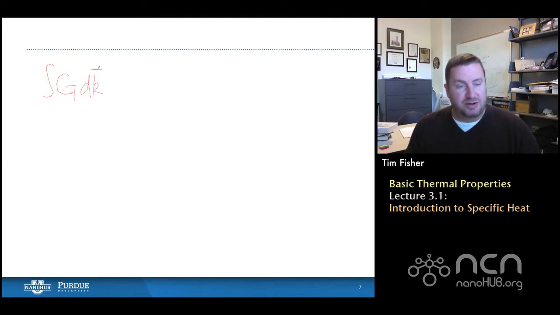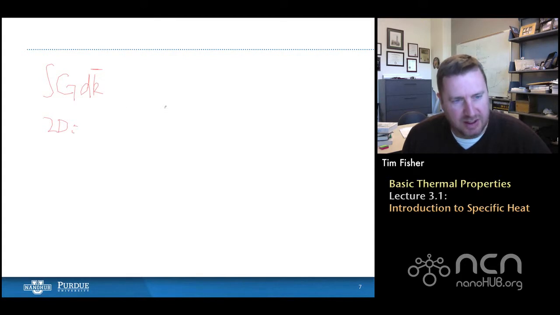It's a multi-dimensional integral, that would be in 3 dimensions. But let's say I had a 2-dimensional problem. What we can do, if we make some assumptions about symmetry in the k-space, and we will do that often, even without a whole lot of justification, is this. If we had 2D, this integral, which I'm going to call I,